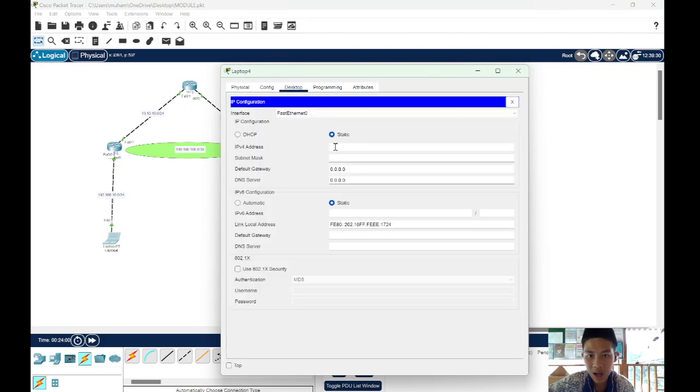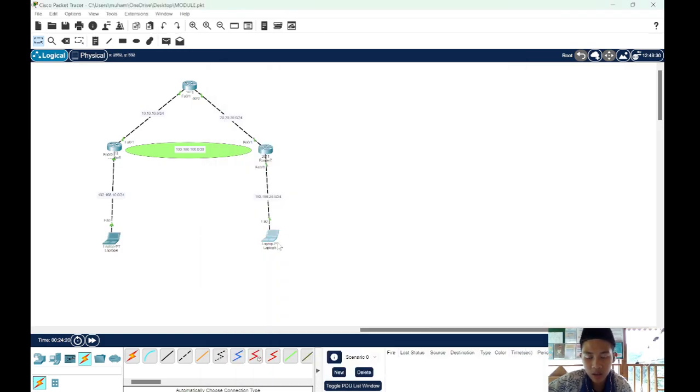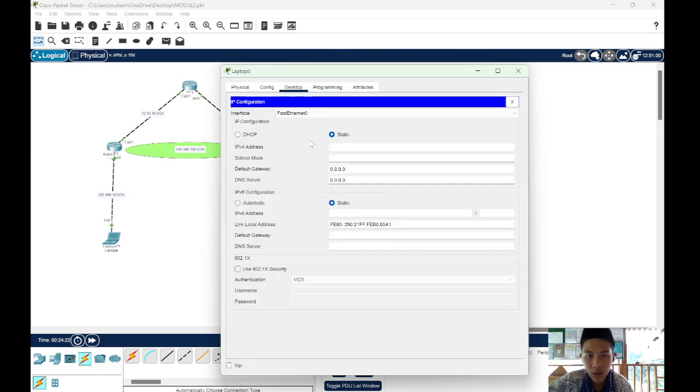For the checking, we open the first client. We input the IP address 192.168.10.2. For the gateway, we use the same network that is used in the router, so 192.168.10.1. Then for the second client we also do the same: 192.168.20.2 with the subnet, and the gateway also uses the same network, the IP address used in the router,